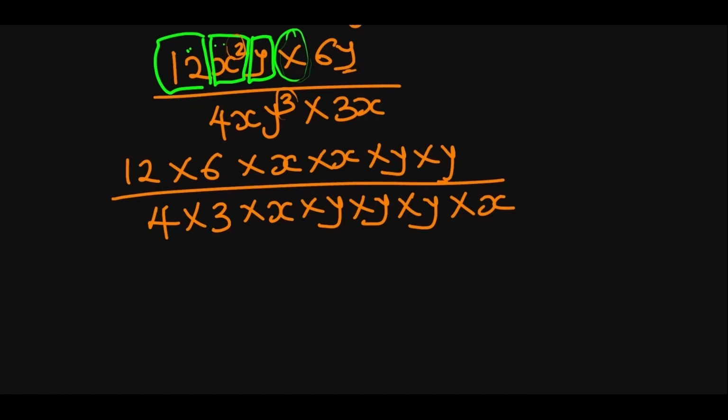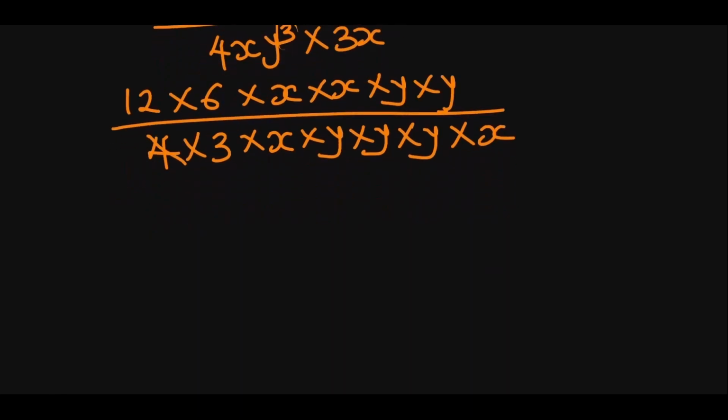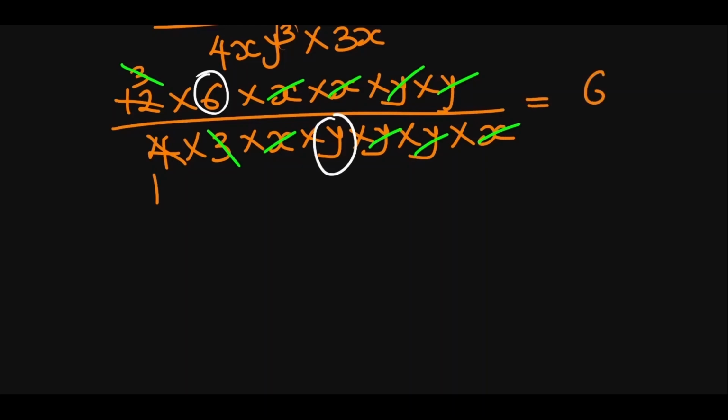Okay, so what is the next thing to do to cancel out? 4 divided by 4, 1. 12 divided by 4 is 3. 3, we cancel 3. That's all for the numbers. Now for the letters, this x we cancel this x, this x we cancel this x, this y we cancel this y, and this y we cancel this y. So what do we have left? We have 6 left here on top, and below we have just y left here. So the answer becomes 6 over y. All right, you see how we got that?